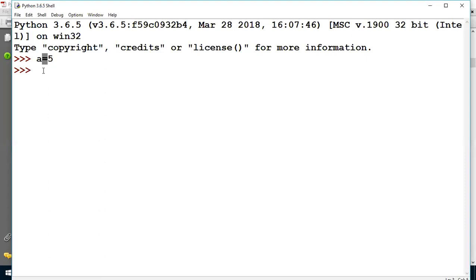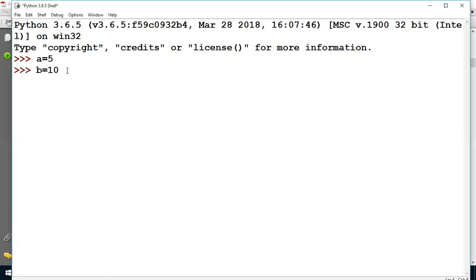You don't say 'a is equal to 5'; that is not correct here. I am saying the value of a is 5, meaning 5 is assigned to variable a. Then b equals to 10 means 10 is assigned to variable b.